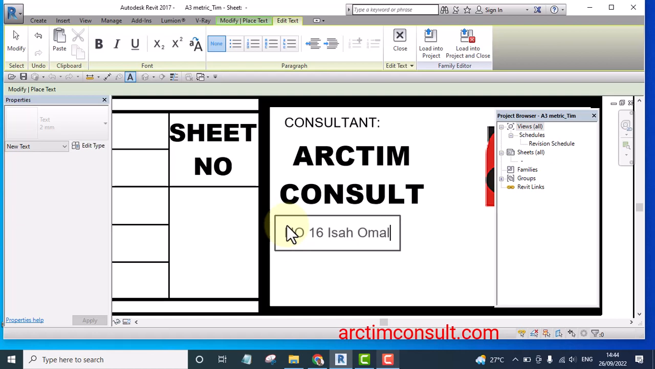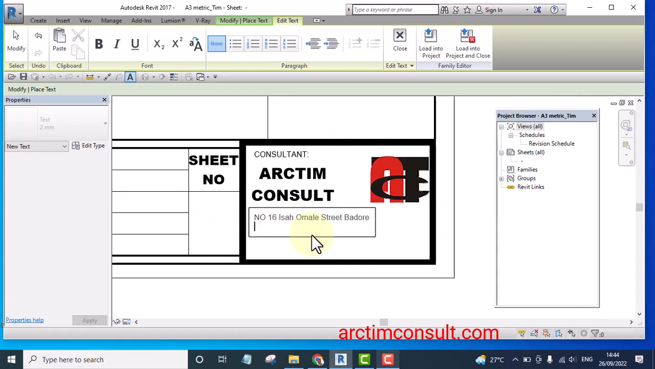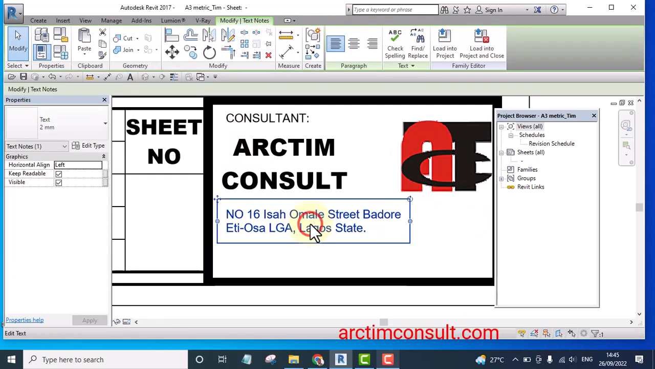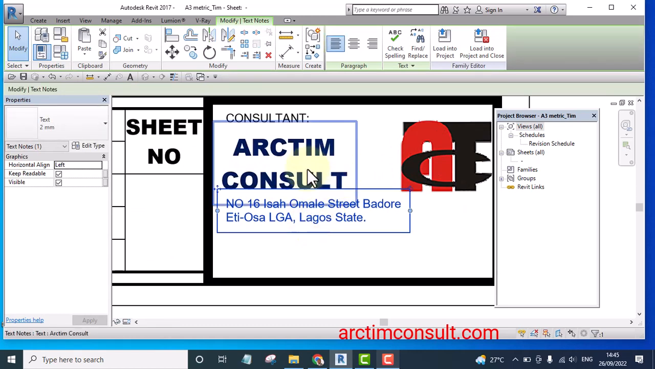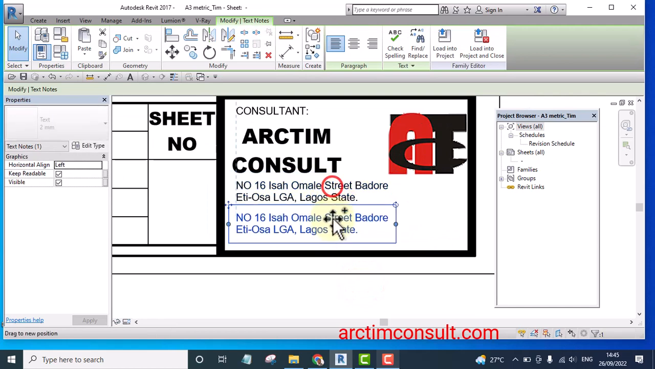Sir Marley Street, Badore, Etiosa local government area, Lagos State, and that is the address. I can push it up a little bit, and I can copy that same thing,